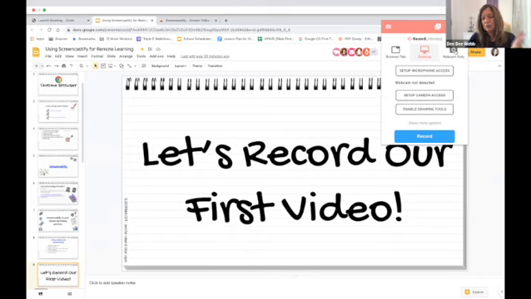And a situation where you may use the webcam only is, so my husband is a math teacher. He sets up his Chromebook on his desk. He does webcam only, and then he will use his whiteboard to record his lesson. So that's a situation where you would use webcam only, where you are standing at a board and you're recording your lesson.